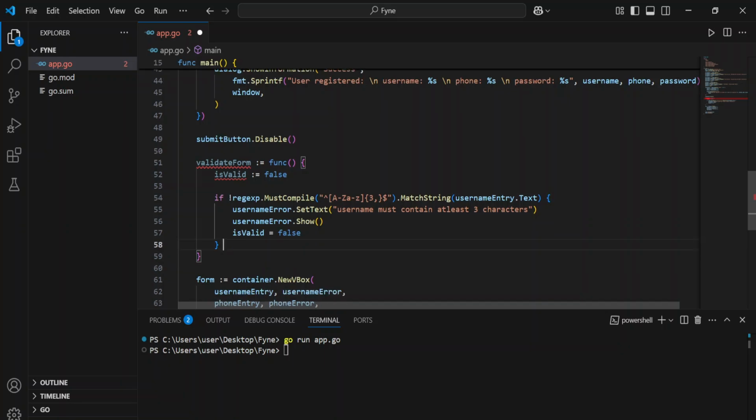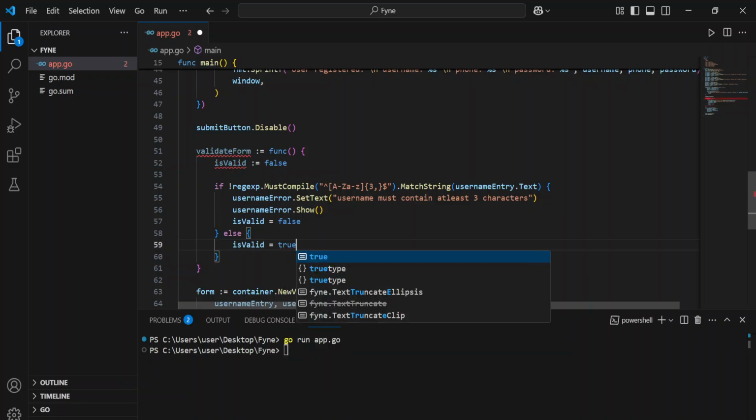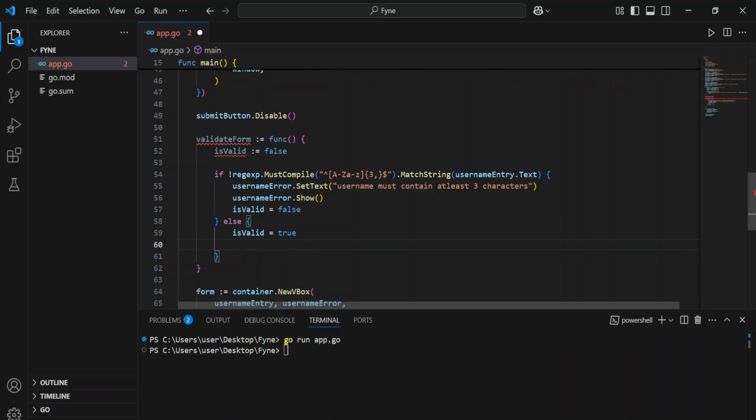Otherwise we are going to say that everything is valid. That means there was no error, so is valid is going to be true, and then the username error dot hide. We're going to hide the error. So that means